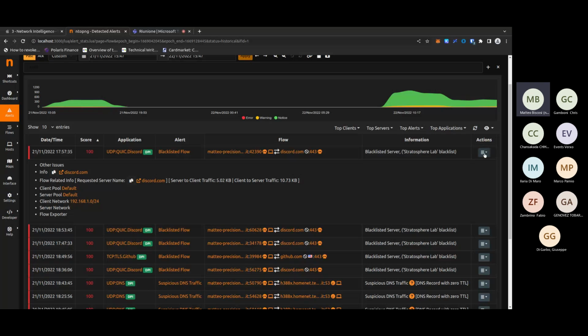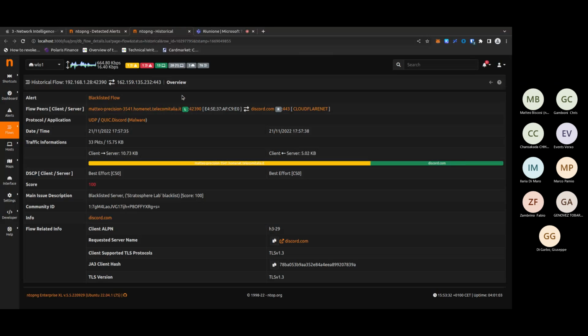And if you click on this column, actions and jump to the info, you can see the drill down towards that particular flow that triggered the alert, and all the information